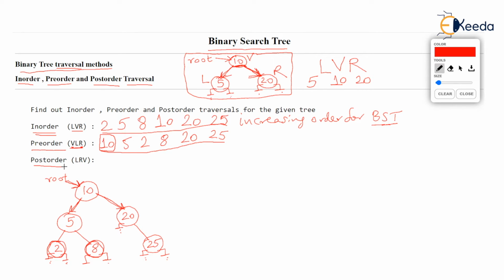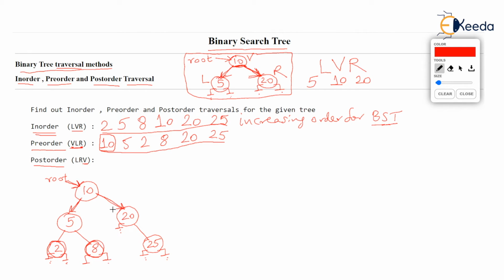Let's make things faster now. Post-order, as the name suggests, post means after. Vertex is printed after everything. First the left branch, then the right branch, and then the vertex. So if you start post-order on this tree, it will start from 10, that is the root. But when can you print 10? Only after printing all the left branch of 10 and all the right branch of 10.